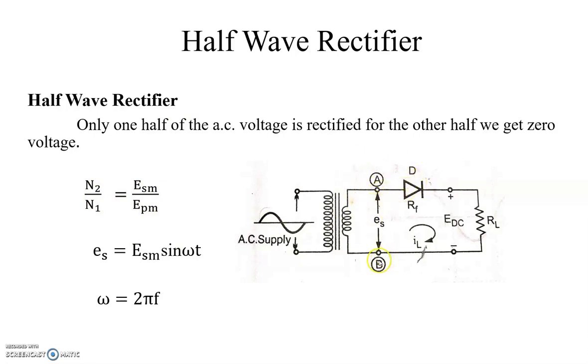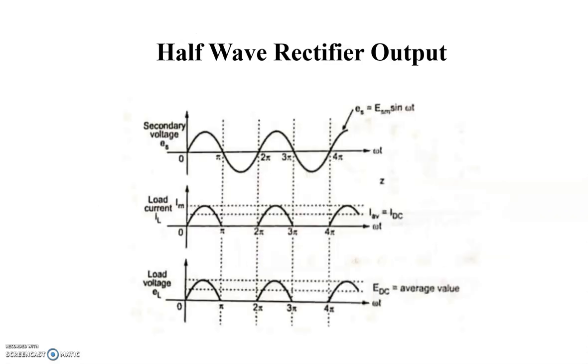During the positive half cycle of the input, terminal A is positive with respect to B. This polarity makes the diode forward biased. This means that it will act as a closed circuit, so that the current IL flows through the load resistor RL. Since the forward biased diode offers very low resistance, the voltage drop across it is also very small, for example 0.3 volts for germanium and 0.7 volts for silicon. Next, this one is the half-wave rectifier waveform.